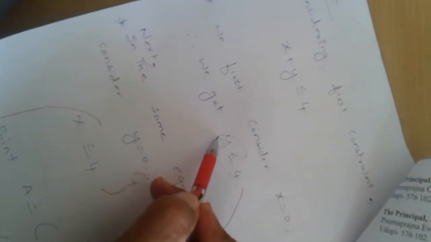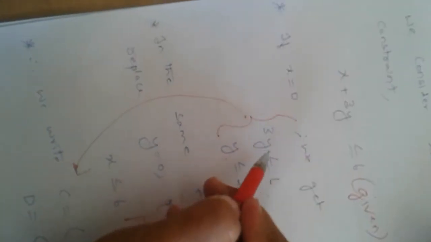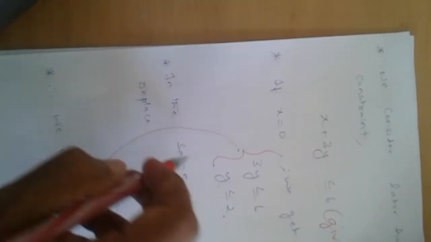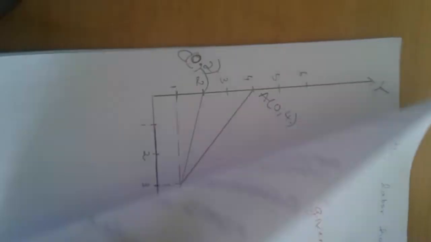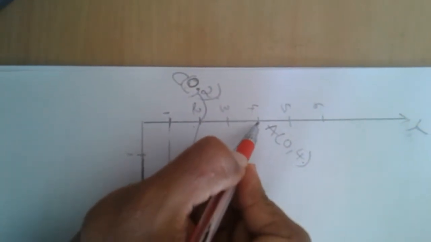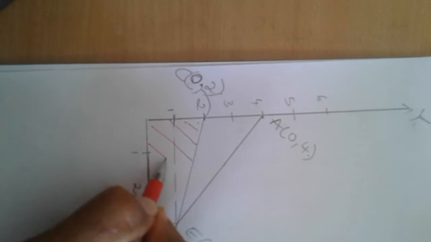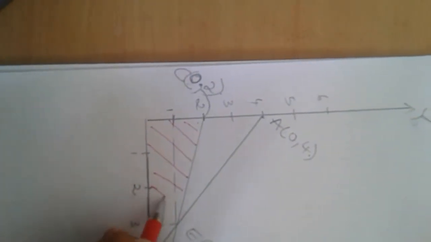I will just take one more calculation here to clarify this. Here it is said that y is smaller than or equal to 4. When we substituted x as 0, we obtained y smaller than or equal to 4. And in the next equation, y should be smaller than or equal to 2. That means we are considering the one which is minimum in the graph. On the y axis, therefore, we can see that the required area is this, because we cannot manufacture more than 2 units of product B.